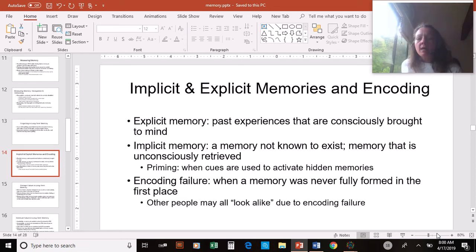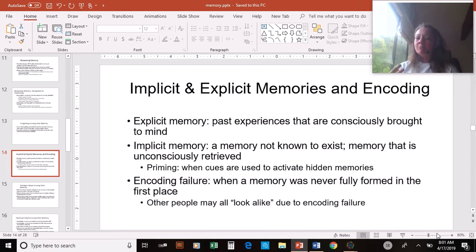All right, so when it comes to memory and how that information starts to get turned into useful and meaningful information, we have implicit and explicit memory. The explicit are those experiences that are explicit. They're the ones that we are consciously and constantly reminded of. And then we also have implicit memory, and that would be like what Freud and Jung talk about, maybe like that latent content that we hold in our unconscious.